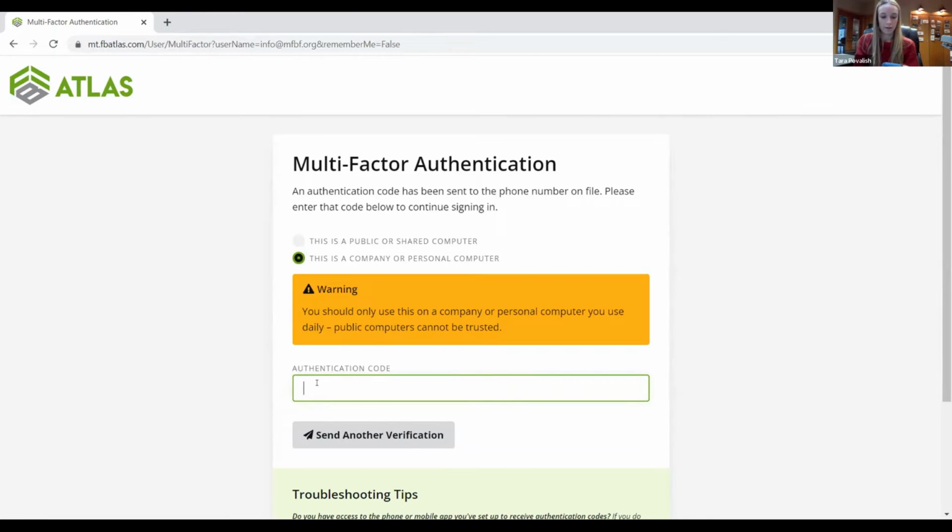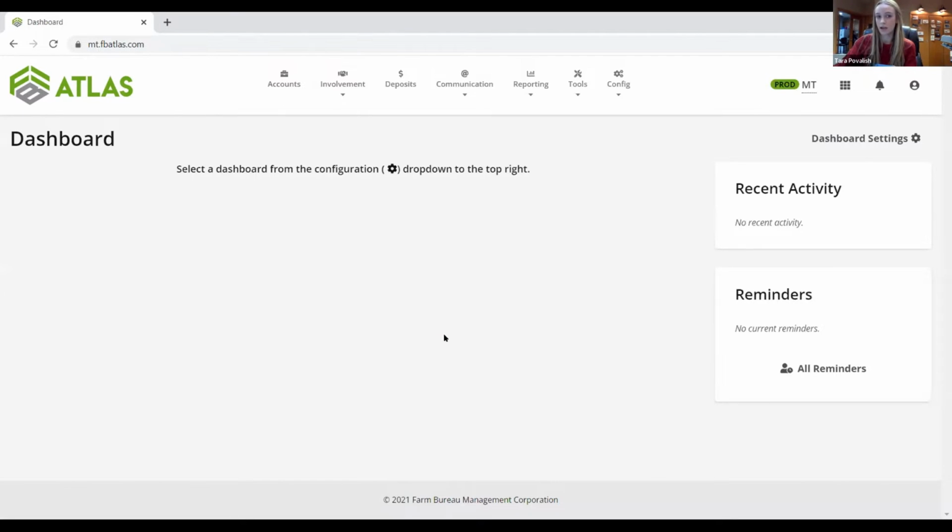And looky here, on my phone, looks like I've got a number. And so when I put it in, it's going to automatically submit it and take me to your dashboard. So there's no enter button or whatnot. If you put in the wrong number, it's going to immediately tell you that that's wrong and not let you go forward. But if it's right, then you get to go to your dashboard. And so this is going to be the first page that you go to when you're logging in.